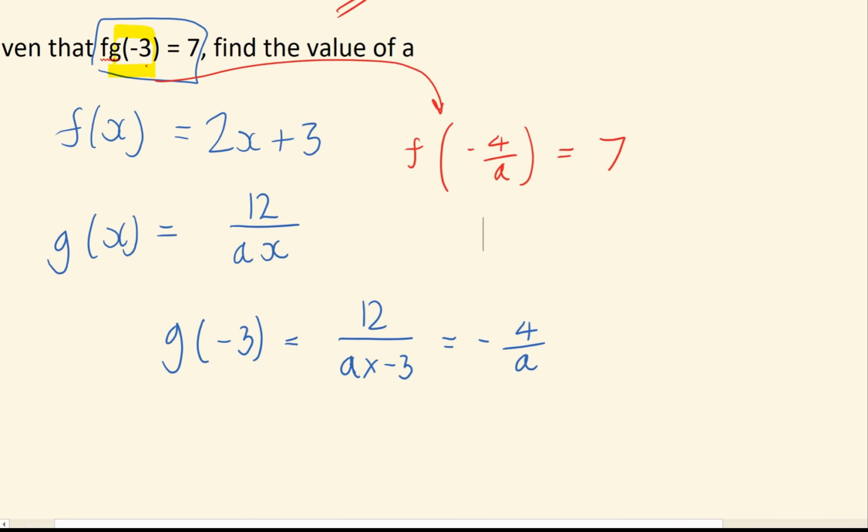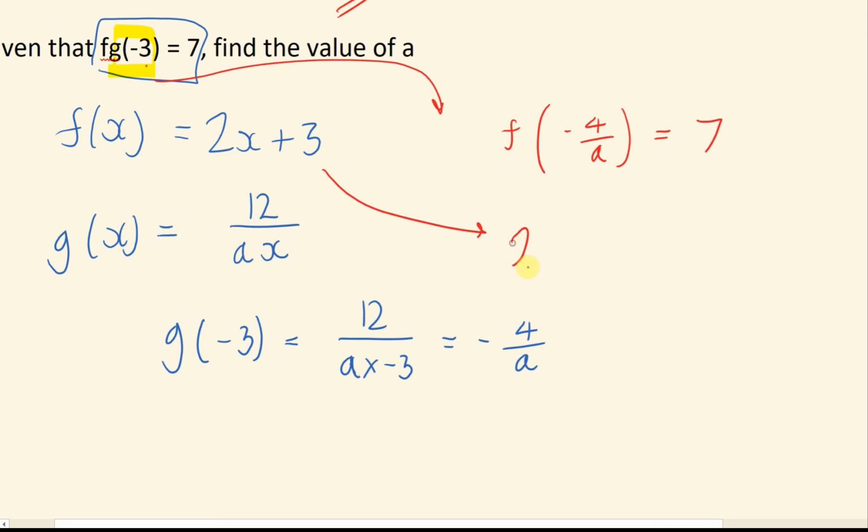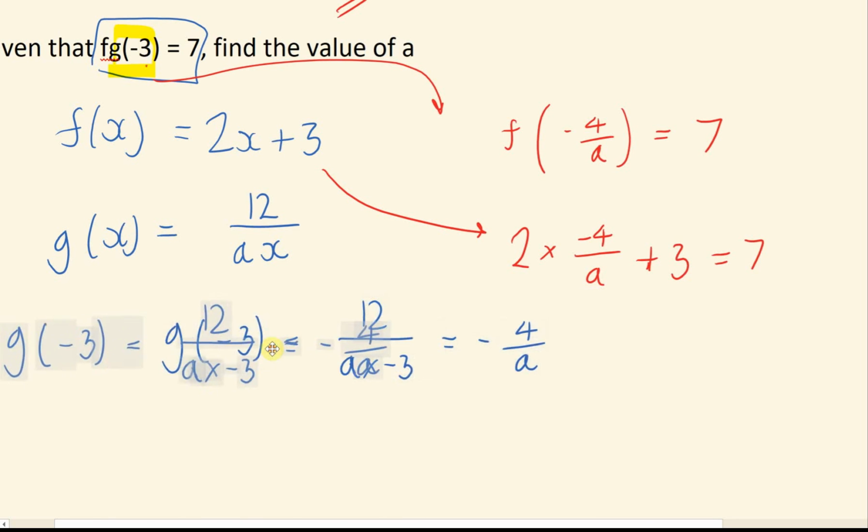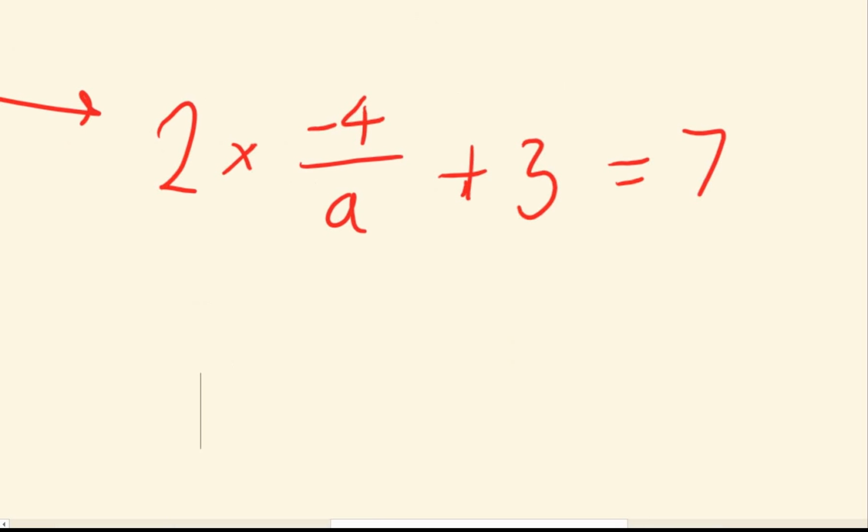So let's use that. What we're now going to do is plug in minus 4 over a into f of x. So we now have 2 lots of minus 4 over a plus 3, and that equals 7. We should clean it up and then solve that equation. So 2 lots of minus 4 over a will just give us minus 8 over a,